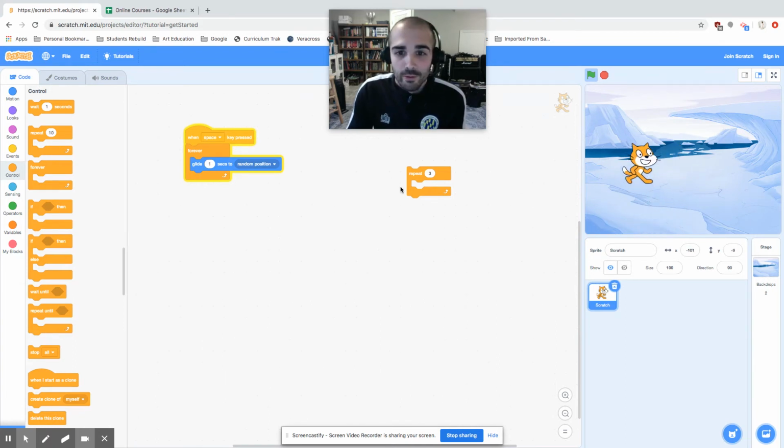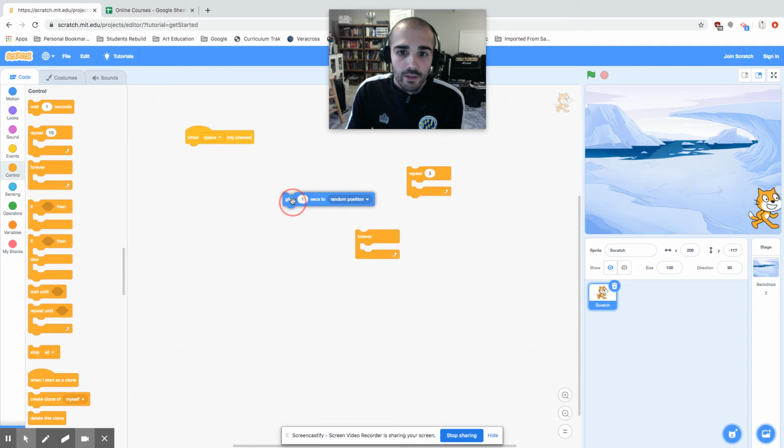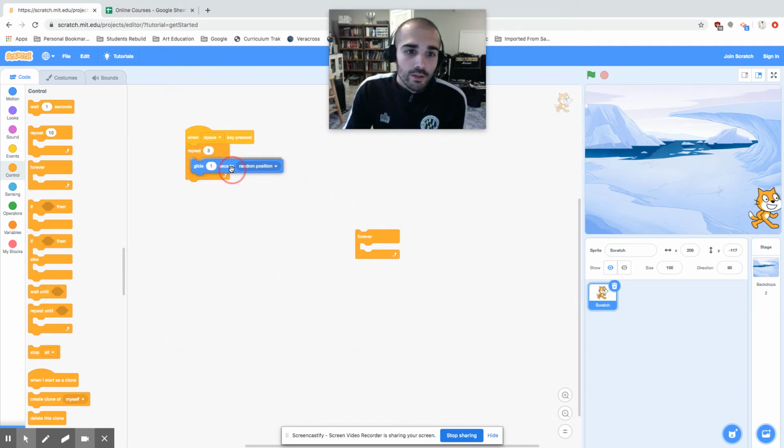So if you want to loop through a certain amount of times, you would use the repeat. If you wanted to loop through forever, you'd use forever loop. And I'm going to click the stop button. All right. Let's drag this forever loop out, and let's replace it again with the repeat. All right, so let's drag this back in here, glide 1 second random position, but now let's have it also